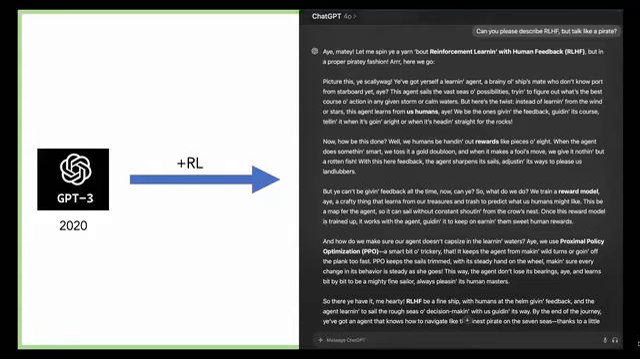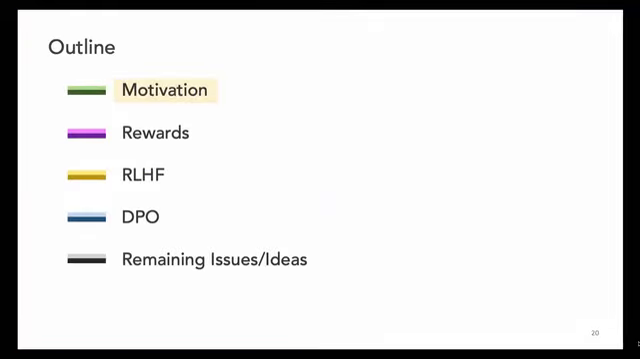Here's an example of ChatGPT talking like a pirate while describing reinforcement learning with feedback. I don't know why we included that in the talk, but it's there. OK, so